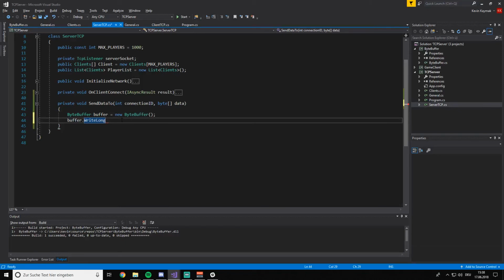We are getting the upper bound and the lower bound of our byte array data and divide it and then make a +1, if that makes sense. I don't know how to explain this, but that's how it works when you want to make packet loss prevention,